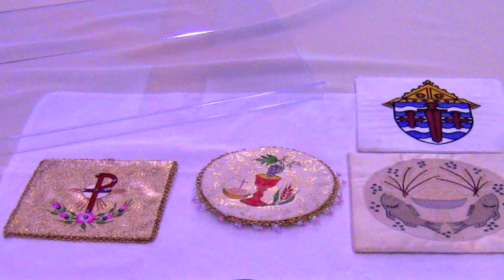I know I've got many questions about that at Epiphany and also here at St. Ambrose. Why do I use a Pall? What is the point of a Pall? You'll notice that there are four different ones here. Well, the point of a Pall, at least in the old days, was literally to keep dust and flies out